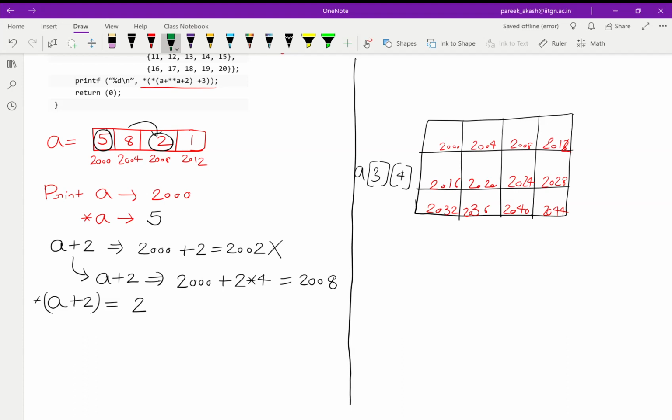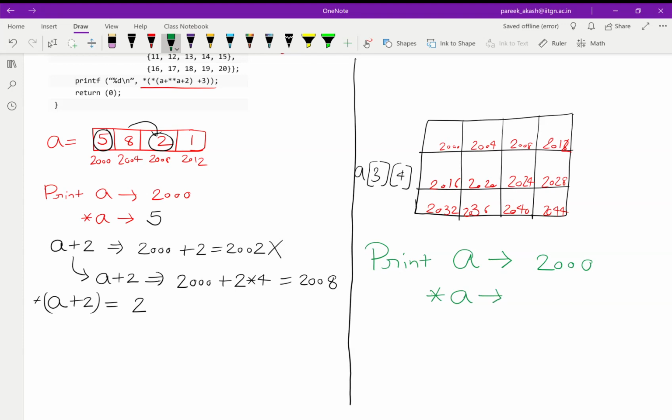Now what happens if I print a? It will give me the base address of the array, that is 2000. And what happens if I do star of a?